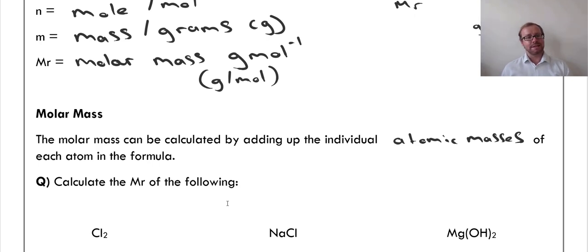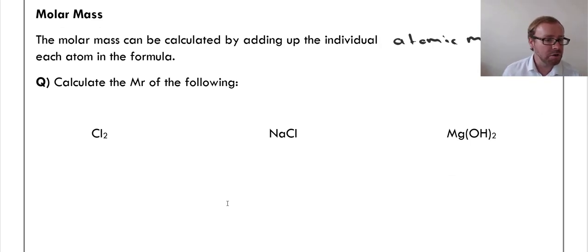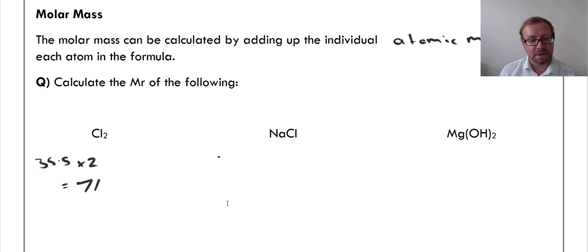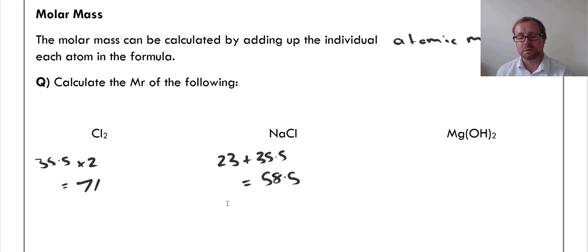Okay, so calculating the Mr, the molar mass, of the following. Cl2 means we have 2 chlorine atoms. The Ar, the atomic mass of chlorine, is 35.5 by looking on the periodic table. I need to times by 2, so it equals 71. Sodium chloride: sodium has an atomic mass of 23, plus 35.5 for 1 chlorine atom, equals 58.5. And magnesium hydroxide: magnesium is 24.3, plus oxygen is 16, plus hydrogen is 1, and then we have 2 of them here, so I'm going to times by 2, which equals